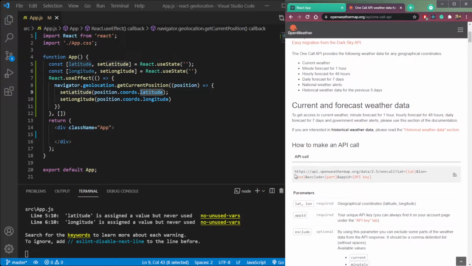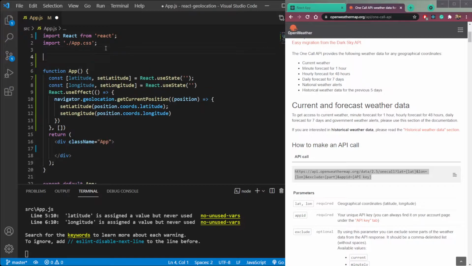So here's the API. First let's create a const to store our API endpoint. So const API endpoint equals backticks, then copy this One Call with the question mark and paste it here.